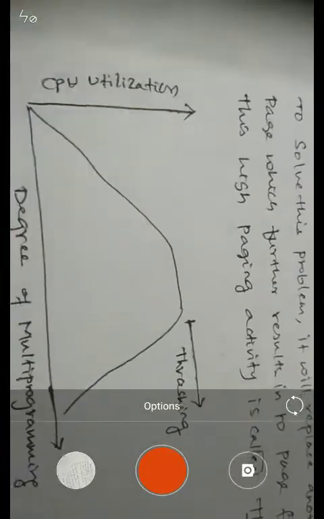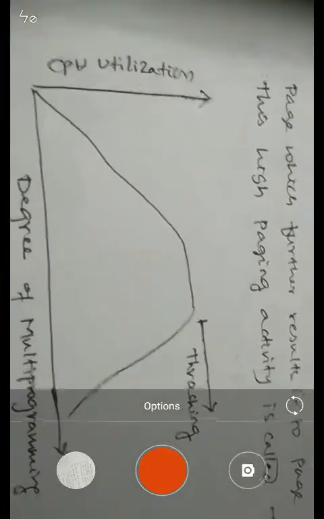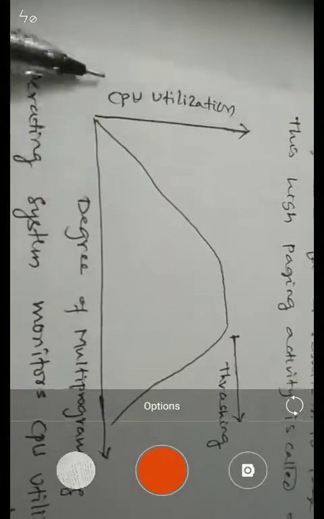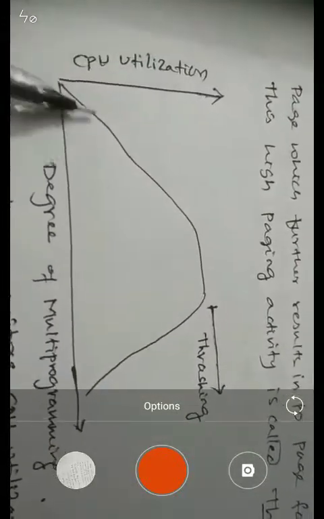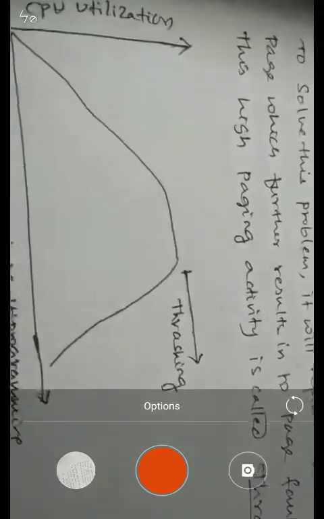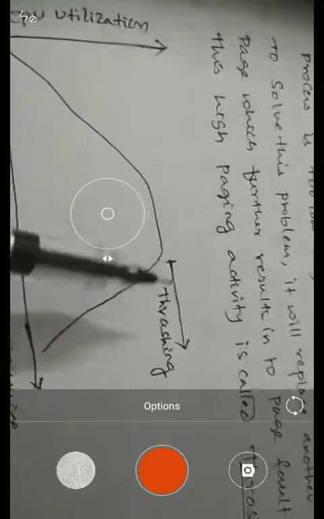That is what we call high paging activity. This high paging activity is called thrashing. See here, the diagram says CPU utilization is on one side, degree of multiprogramming is on the other side. If you go on adding more processes in order to increase CPU utilization, however, after a certain level, rather than executing the processes, page faults are more. High paging activity is what we call thrashing, in the sense that more page faults go on occurring.